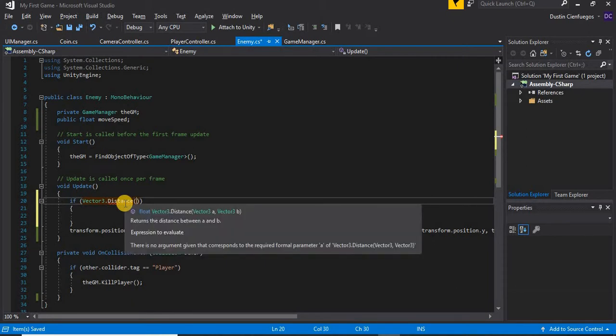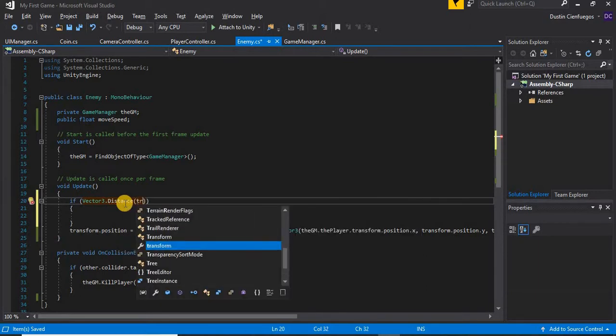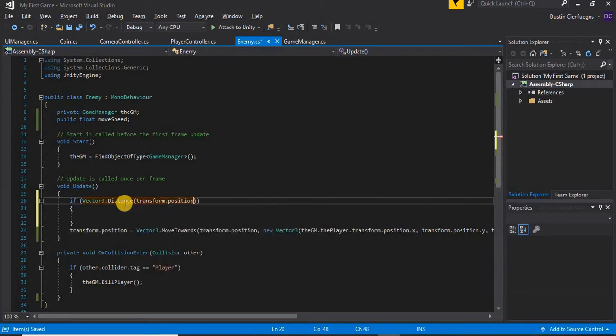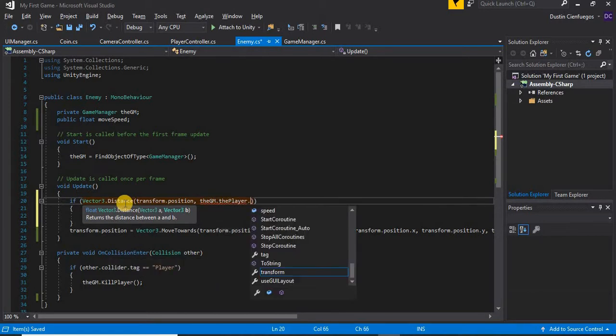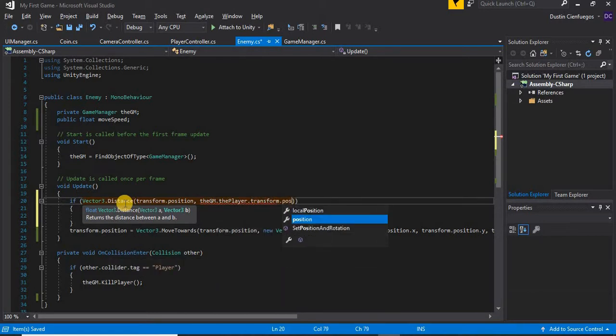It's just going to measure the distance between 2 points. So if our Vector3 dot Distance, first distance is between our transform dot position and the GM dot the player dot transform dot position,